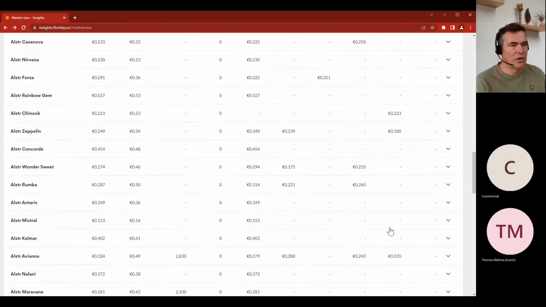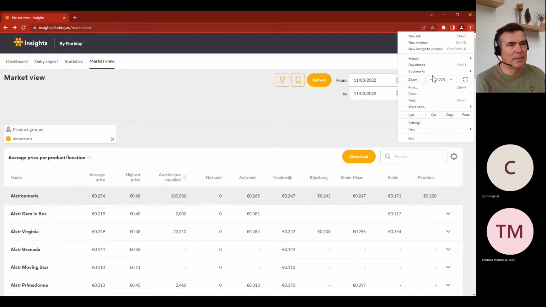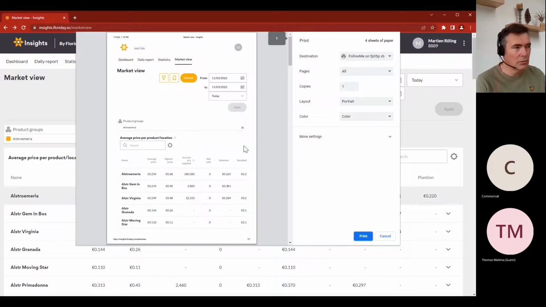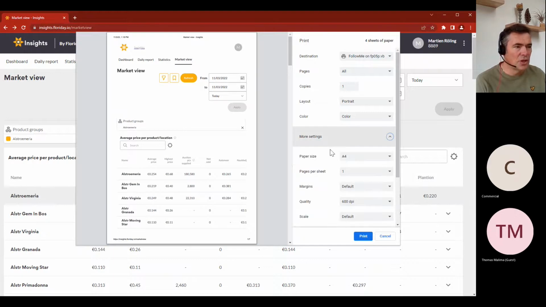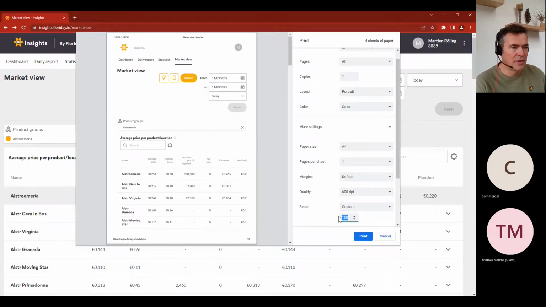Yes, now you can scroll not within the site, but with the whole page. And I go to the print option of the browser. I have to change one setting, and that's quite important. If you try the default scale, not all columns will fit, and you'll get not very much information. You see only 2 locations, and the rest is not shown anymore. If you make a custom scale of approximately 45% and printing,